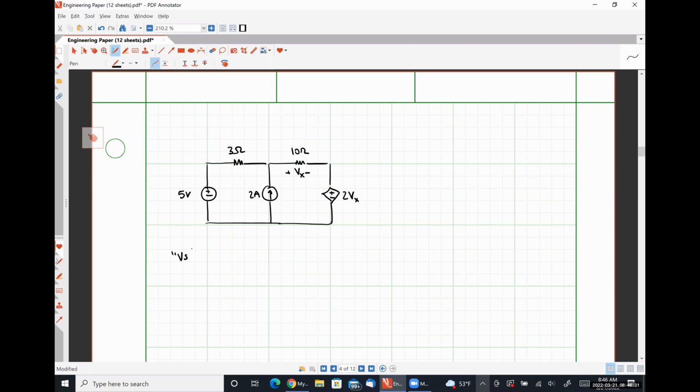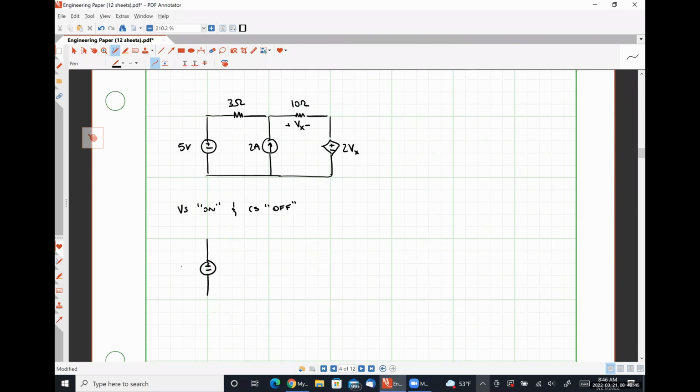with voltage source on and current source off, this circuit would look like this. Here's our 5-volt source. Here's our 3-ohm resistor. Here is our 10-ohm resistor. Here's a quantity 2Vx prime, where this is our voltage Vx prime. Since this is an example of a single loop circuit, we would probably just apply Kirchhoff's Voltage Law and find that, let's call this current I, so that we would have